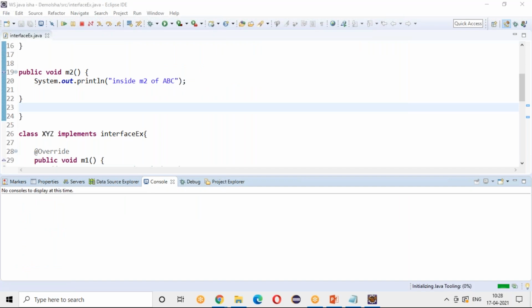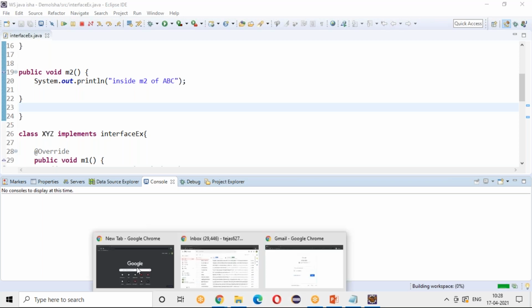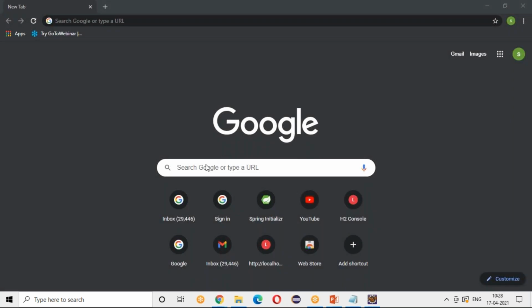So before doing a web application, you should download Tomcat. It is very easy. I have already downloaded it, so that's the reason. You can just type Tomcat download, which will let you download the latest version. This is the container or a server where you deploy your application.